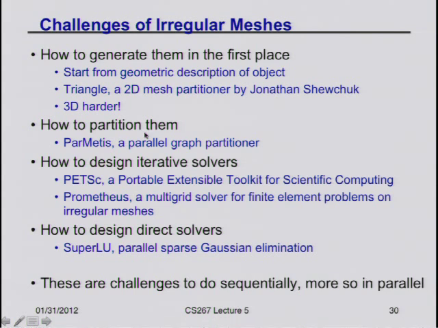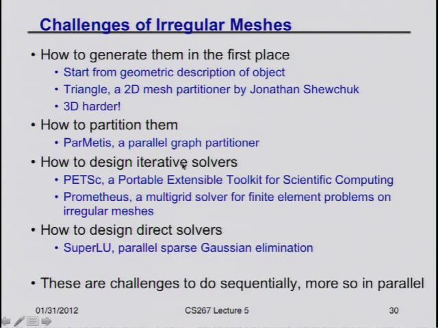Then there's the question of how do you assign them to different processors in order to minimize communication and give everybody an equal amount of work to do. I talked about graph partitioning. There is a lot of graph partitioning software. ParMETIS is just one example of many. We'll have a lecture later in the semester. We'll talk about the algorithms, but there is a lot of well-developed software that does this for you